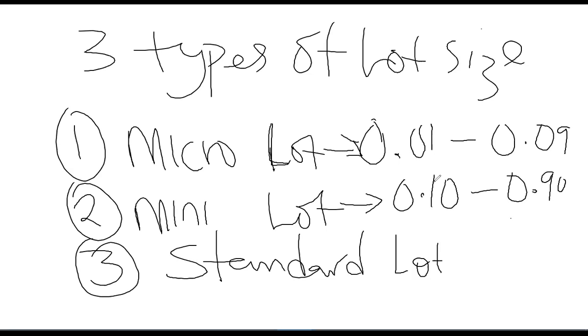Then a standard lot starts from 1. A standard lot starts from 1. You can say 1.00. Now, I was trying to break these things down so you know fully